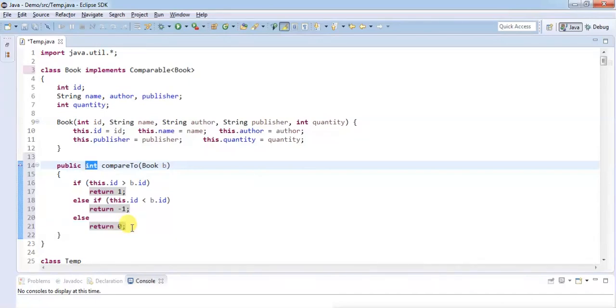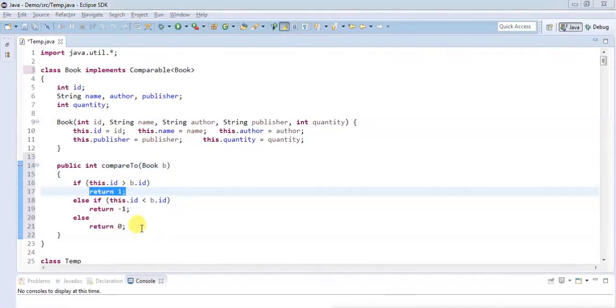So what it must be doing in the background is, if I'm returning a positive value, constructing the in order traversal of the binary search tree.